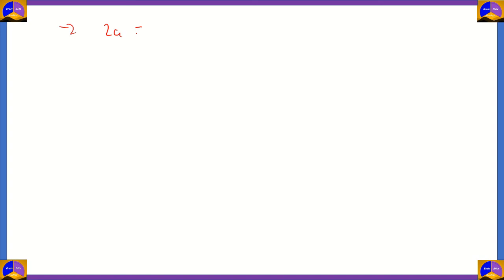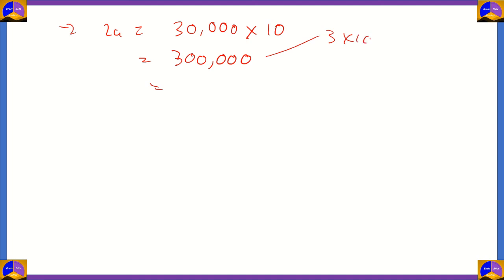So therefore 2a can be written down as 30,000 into 10. So that is 300,000. And since 300,000 has 5 zeros, you can write it as 3 into 10 raised to 5,